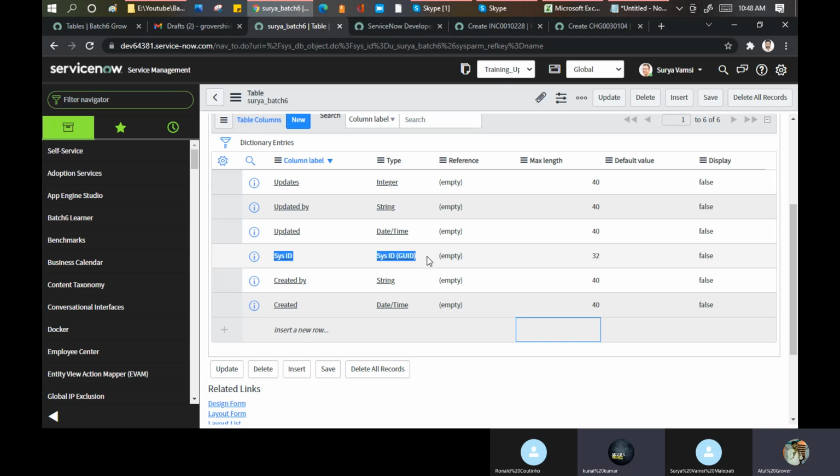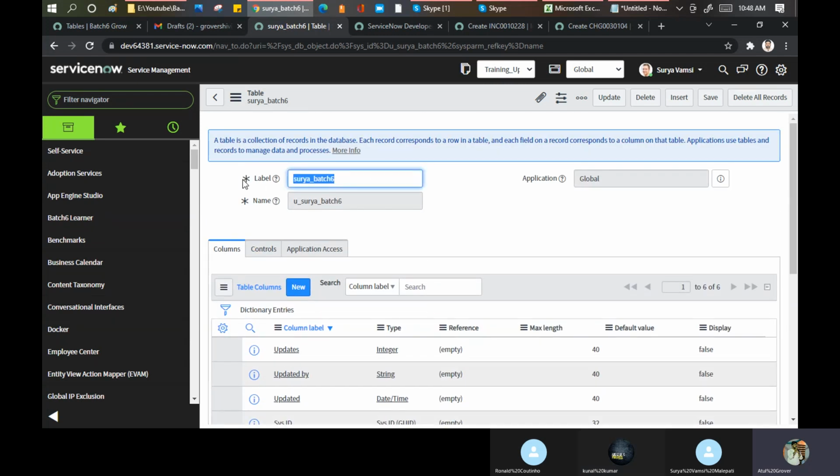Okay, so is this table a record? Or not? Yeah. But it is a table, it is not a record. No, in ServiceNow you also consider it as a record as well. Correct. Good. So that is the point. It means SysID is a unique identifier for each and every record.